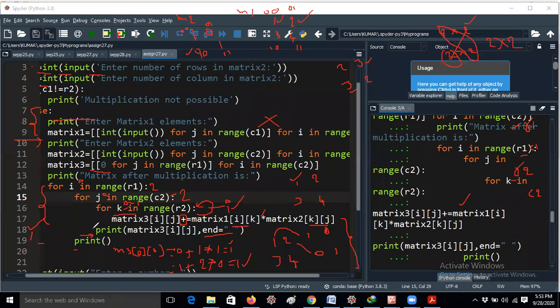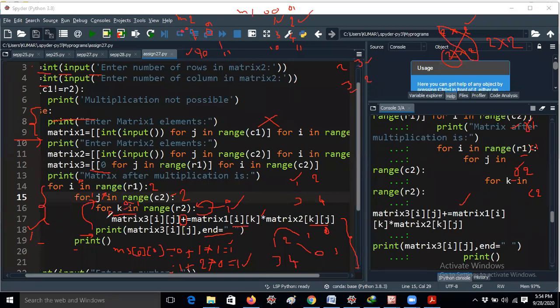Again it will execute the jth loop, guys. That means j iterates now to 1. Earlier it performed with 0 only. Now i is 0, j is 1. Whenever it enters the new for loop again, now k will be 0 only. This is very important, guys. Some students may forget: k was earlier 0 and 1 completed, so why is it sent to 0 again? Whenever the outer for loop iterates, the inner for loop will start from the first onwards again, okay. That's the reason it is getting like this.